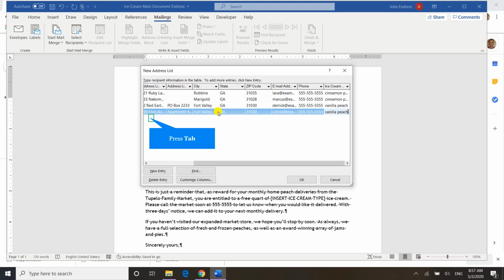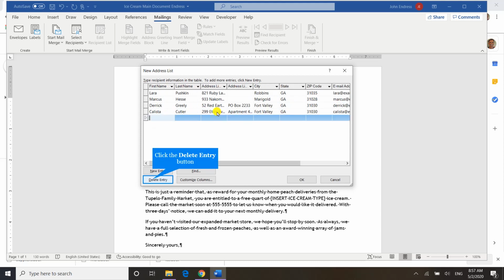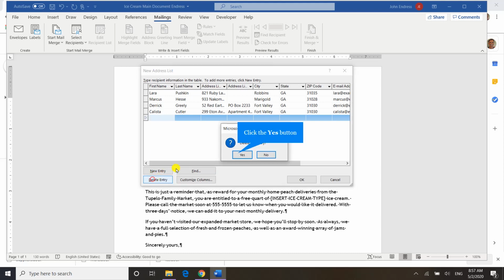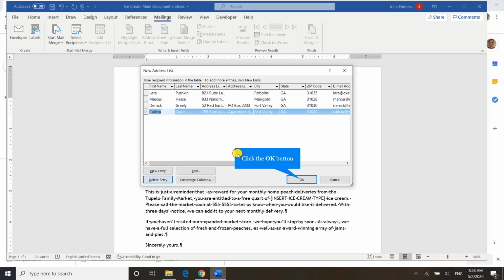So if you do, here's what happens. You click on the tab key, and right now I have a fifth record, and it's empty. You do not want to ship or mail something that's to nobody, so we're going to remove it. Make sure you use the delete entry button in the bottom left hand corner of your screen. Delete that entry, and now I only have 4 records. Very important, just keep 4 records on your address list. Then you can click OK here,